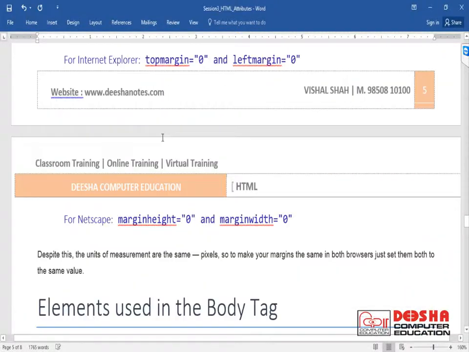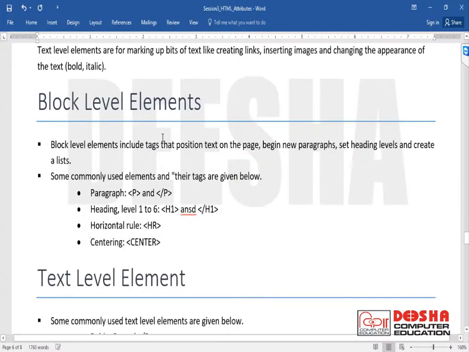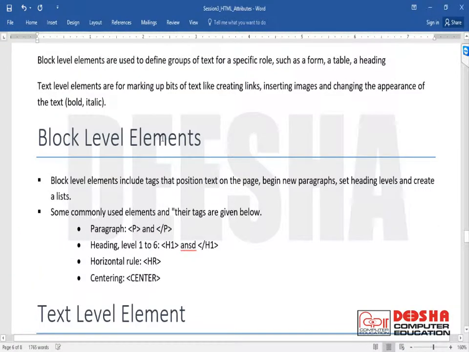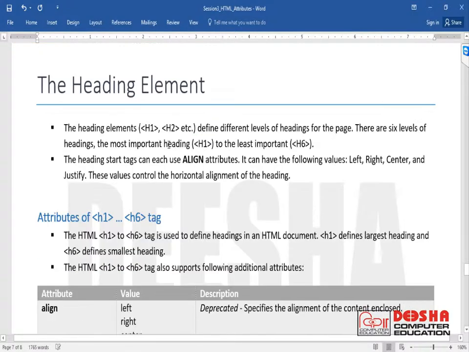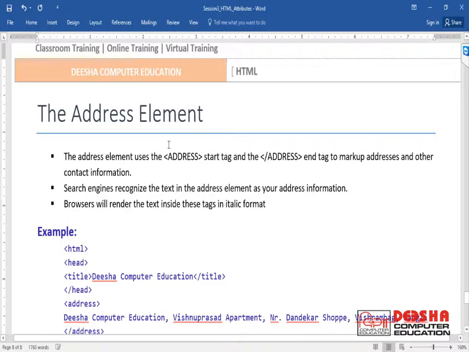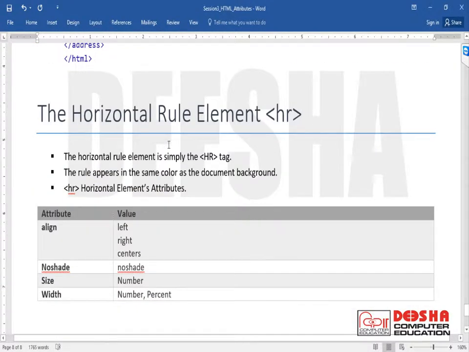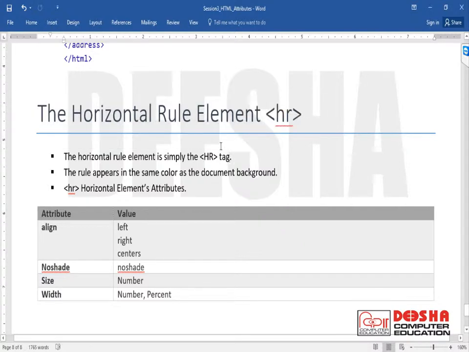So many different types of attributes we have discussed. We have discussed two categories of body elements: block level elements and text level elements. And you can see the div element, heading element h1, paragraph, and address element. These are the elements that we have discussed in today's session. And one more element at the last we discussed, that is HR, horizontal rule.